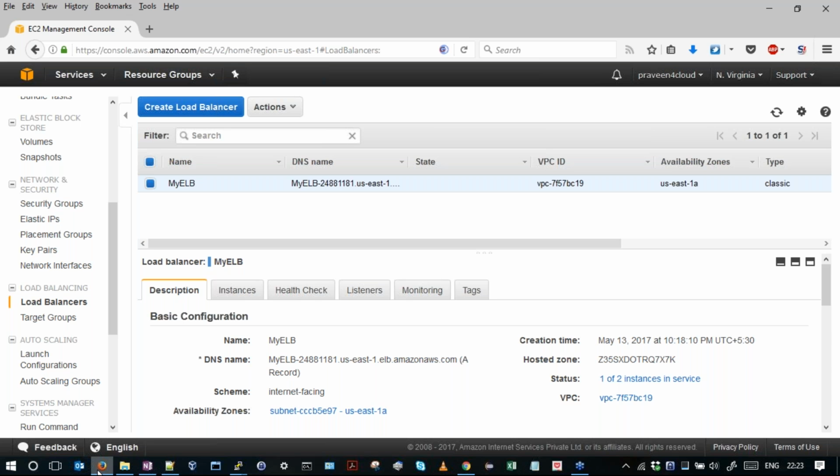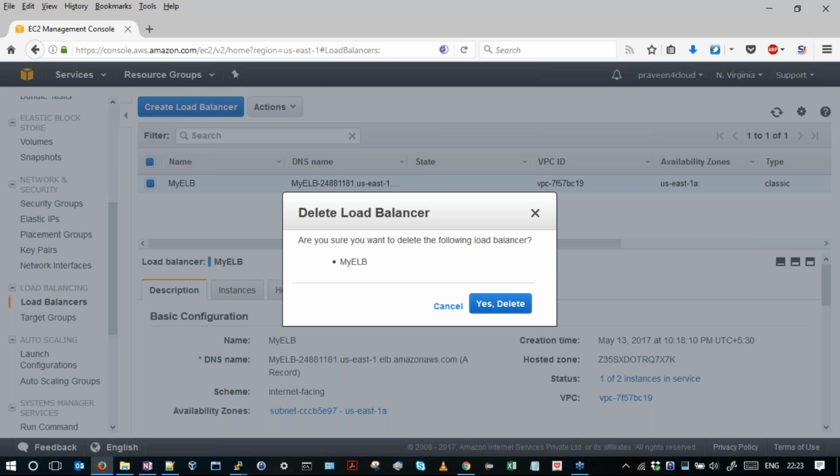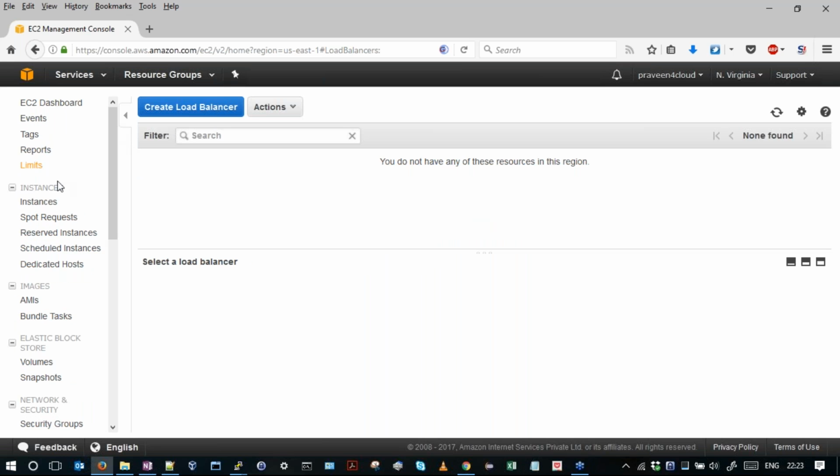One thing to make sure is that once you are done with the AWS resources, you have to make sure that you terminate them. Otherwise, AWS will think that you are using them continuously and then they will charge you, which you don't want. So here is how to delete them. First we'll delete the load balancer. Okay, the load balancer is gone. Now let's delete the servers.